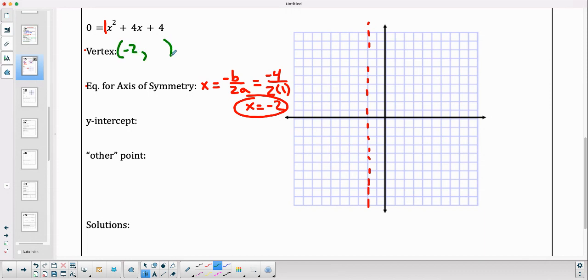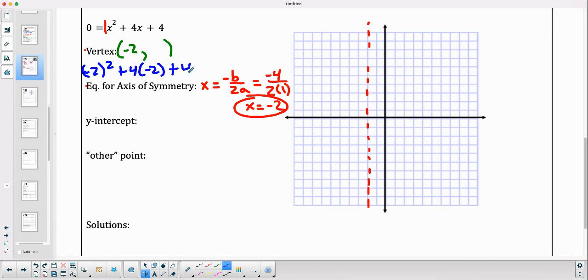We just have to plug in and figure out what that would be. So we're going -2 squared plus 4 times -2